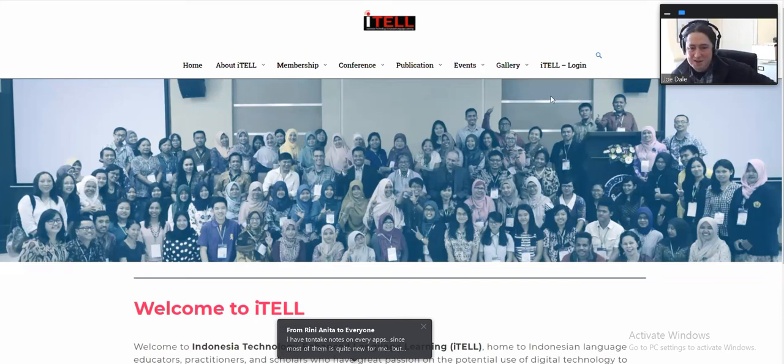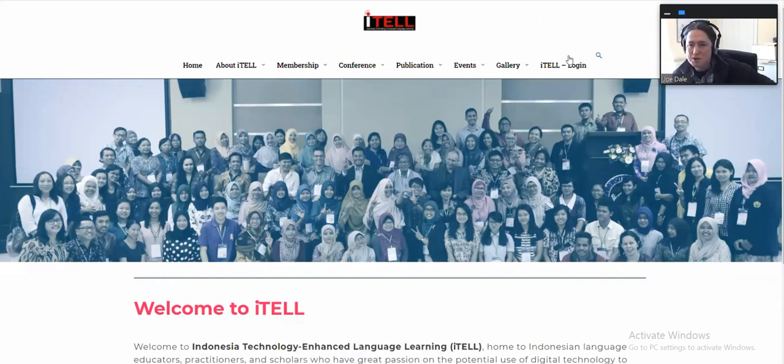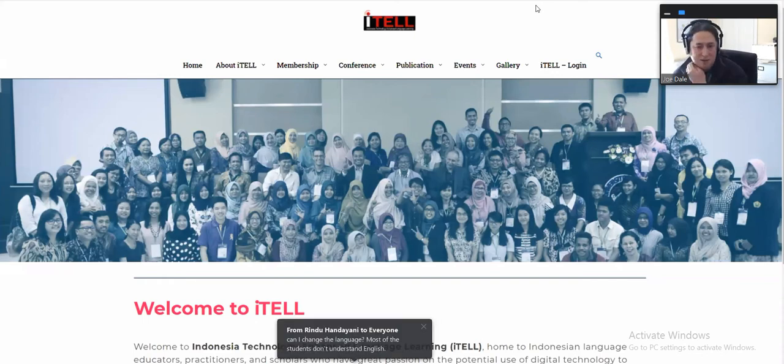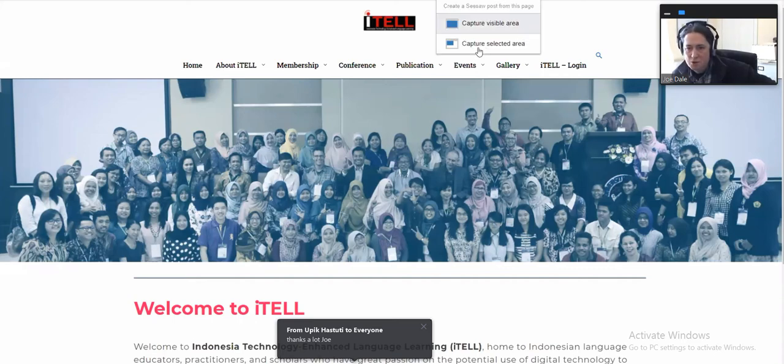So this is a lovely picture of the ITEL. I'm not sure if it's the committee or it's an event or what have you. So what I'm going to do here is I'm going to click here, which is Post to Seesaw, which is a Chrome extension, right? If I click on this right now, it says capture visible area or capture selected area. So I'm going to click capture selected area. I'm now going to drag